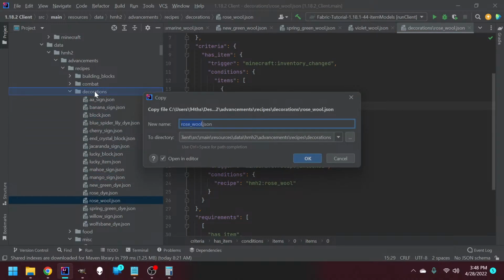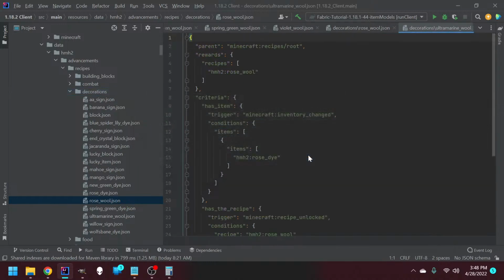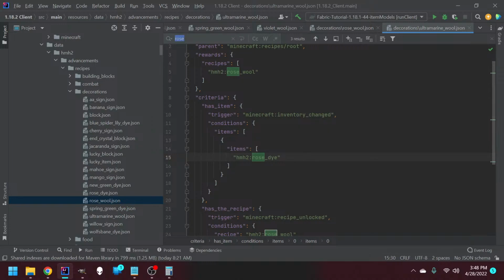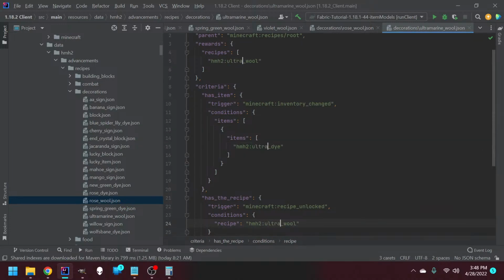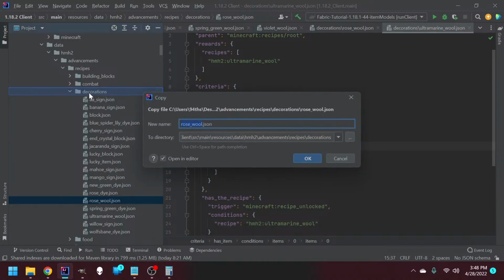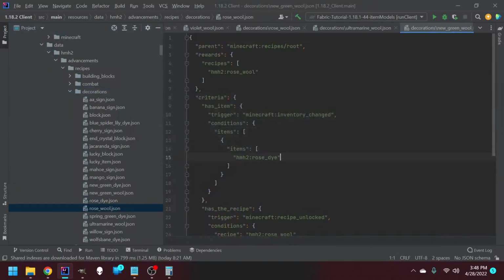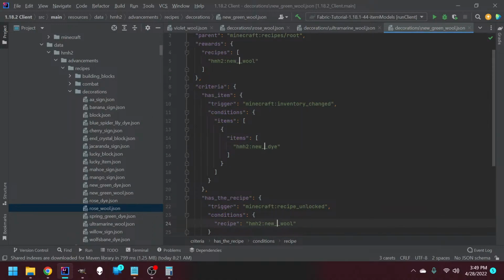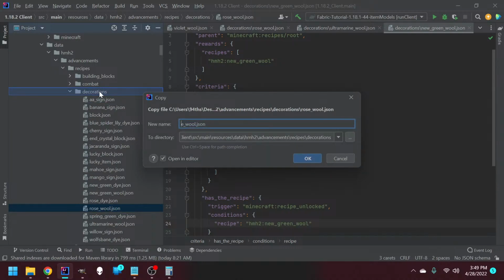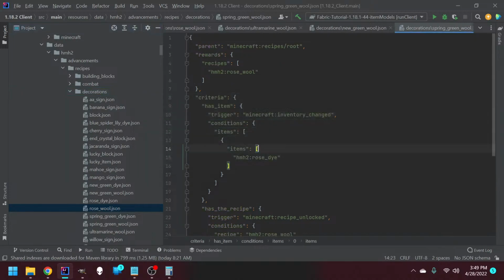So here we're going to do the same thing again. This is going to be called ultramarine wool. Control F, there we go. And we're going to replace all these rules with ultramarine wool and dye. That way I don't have to type it out multiple times. So we have ultramarine, then we have new green wool, new green, and then we're going to have spring green wool,